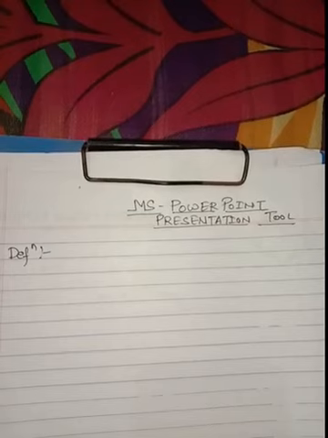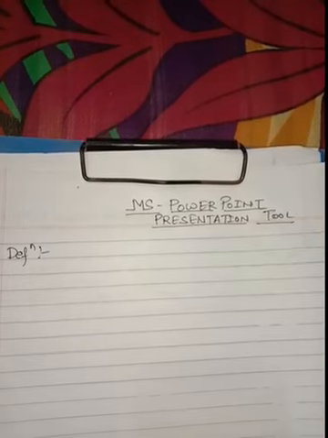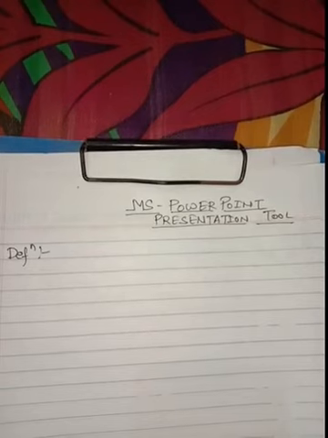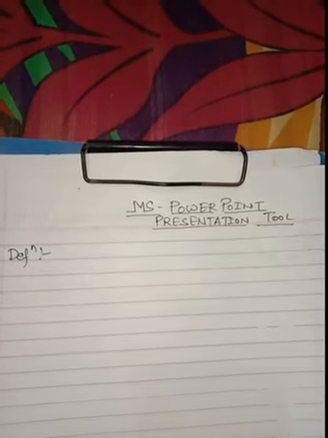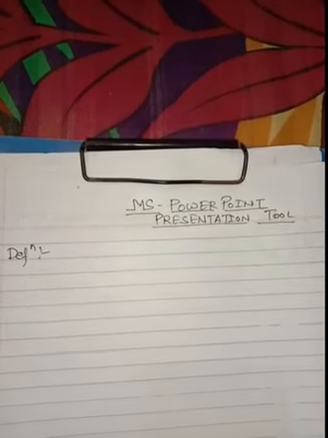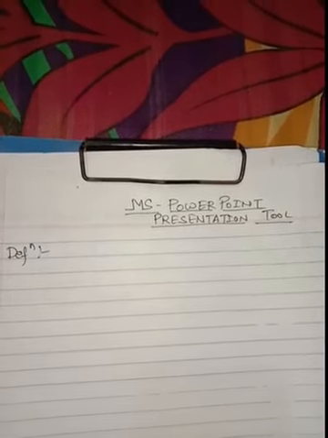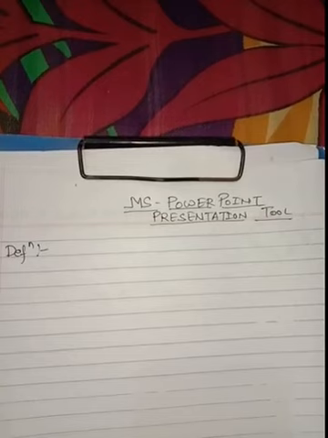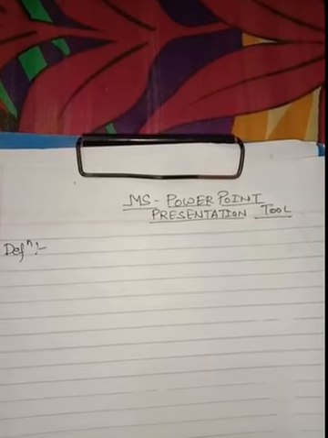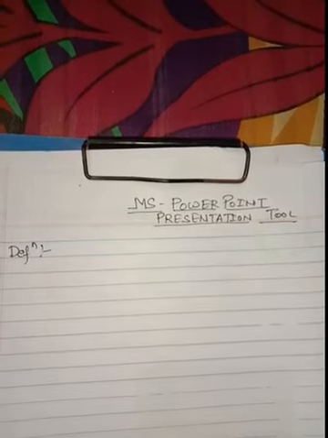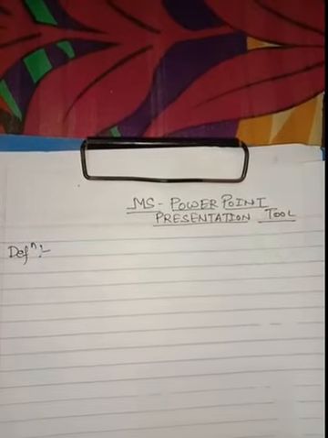So whenever we are asked what is PowerPoint, we can say that PowerPoint is an application software which is mostly used for making presentations. MS PowerPoint 2016 is the latest version of this software and is mostly used by all the people who want to make presentations. So the presentation graphics can help in the following ways.